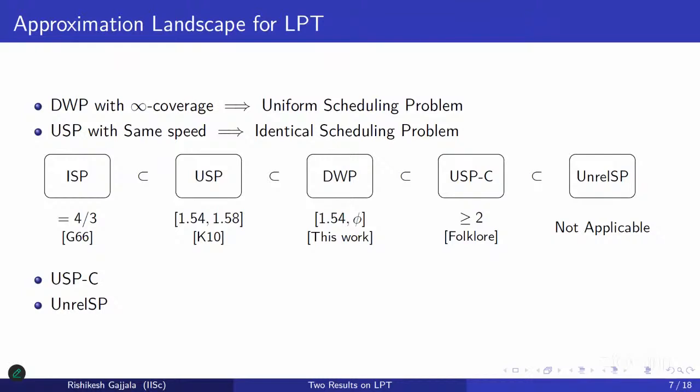So consider the drone problem I just talked about with infinite coverage. There is no battery life at all. Every drone can deliver any parcel. Then this is the classical uniform scheduling problem. And even in the uniform scheduling problem, if all velocities, or the speeds, are the same, you get the identical scheduling problem. All these problems have PTASes, but still